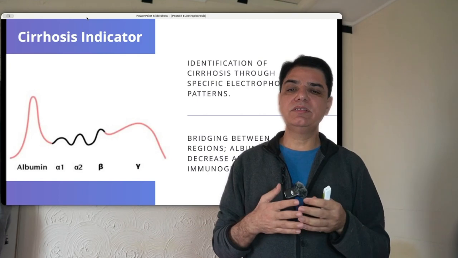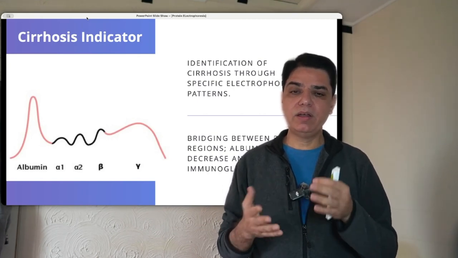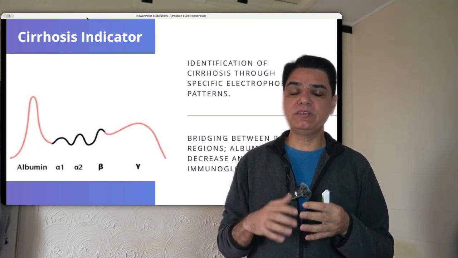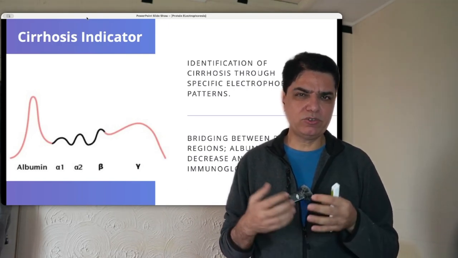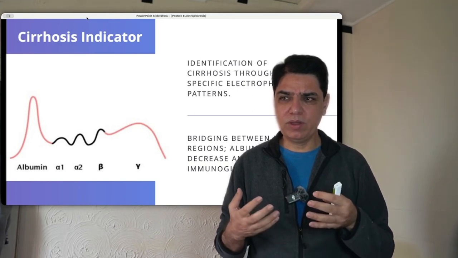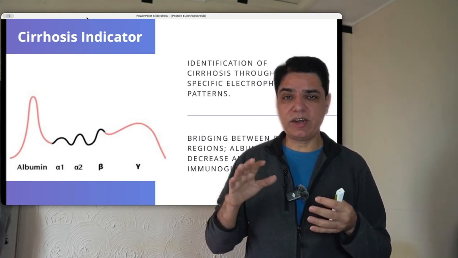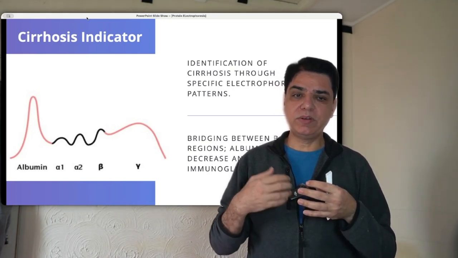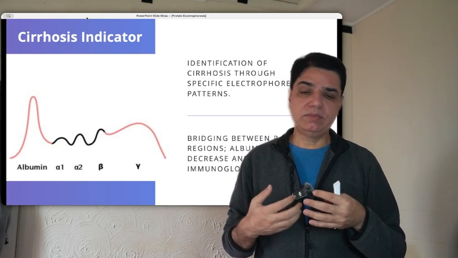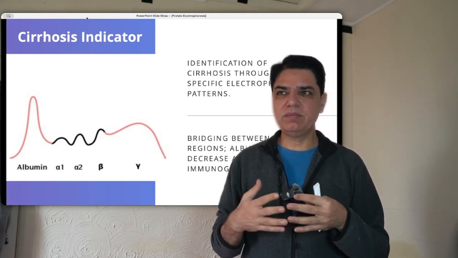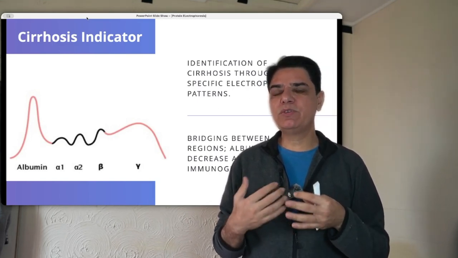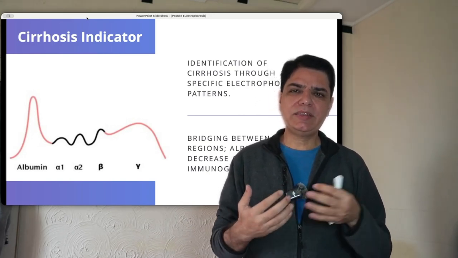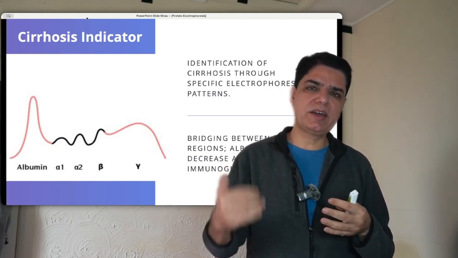Moving on, this type of protein electrophoresis in which you see a decrease in albumin, but then there is some increase in the gamma globulins and some increase in the beta 1 as well, with some bridging, is actually indicative of cirrhosis of the liver, because in cirrhosis the liver is not able to form albumin, so the albumin levels relatively go down. But at the same time, there is a compensatory increase in the gamma globulin levels. I'm not sure about the exact pathophysiology of why this happens, but they say with cirrhosis there might be some form of portal hypertension, and the gut antigens usually bypass that and directly go into the